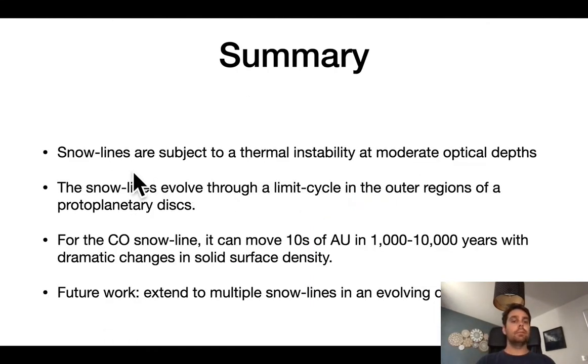So in summary, snowlines are subject to a thermal instability at moderate optical depth. So most of these snowlines we'll be observing with ALMA should be subject to this, like the CO, CO2, and ammonia snowlines. Snowlines evolve through a limit cycle in the outer regions of protoplanetary disks, where the snowline moves in and then out. And for the CO snowline, it can move tens of AU in 1,000 to 10,000 years with dramatic changes in the solid surface density. And in future work, we're going to extend this to multiple snowlines in an evolving disk and see how a disk actually chemically evolves as an